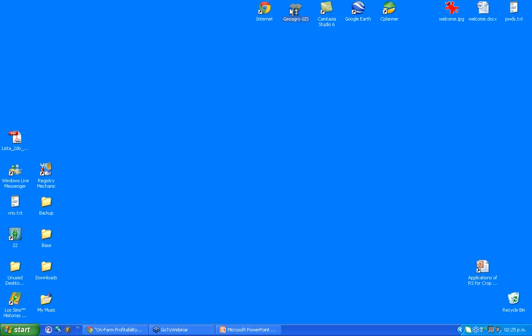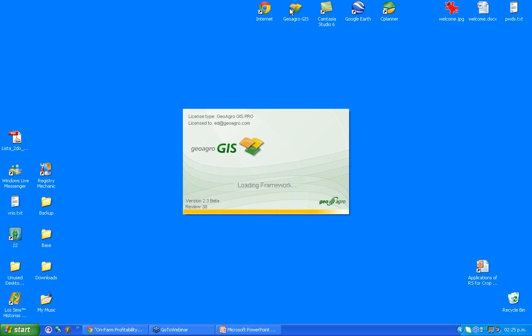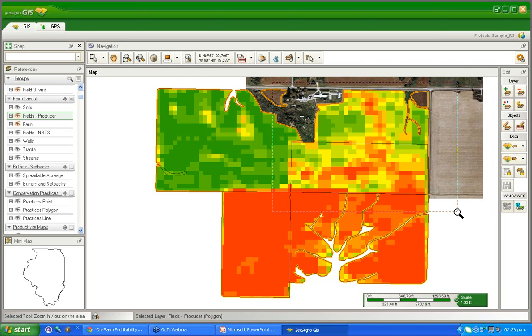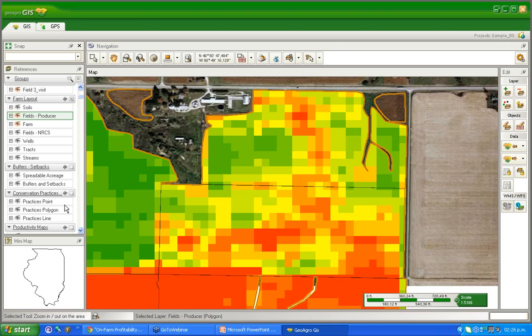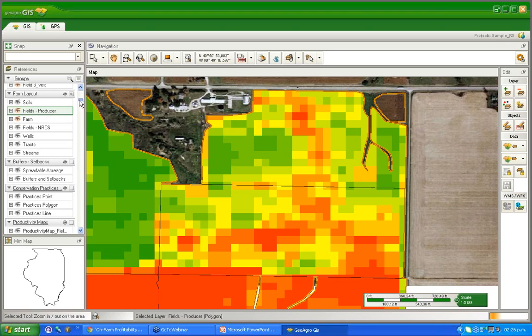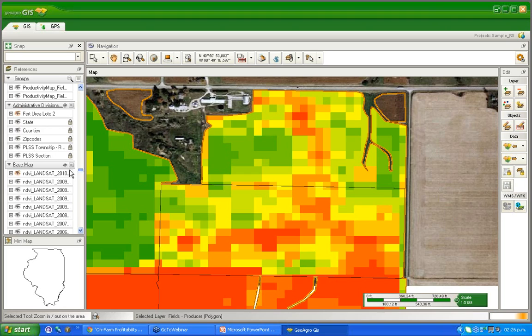I'm going to start an existing project that uses remote sensing data. You'll see that during the course you'll be able to work with sample data and your own farm data, either on GeoAgro-GIS or on your own GIS farm software. So basically, when we talk about resolution, in this example, we have aerial imagery,